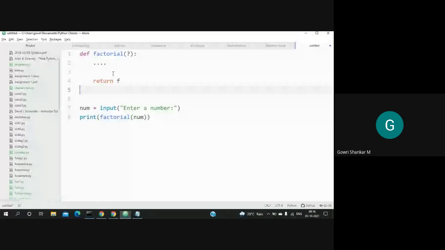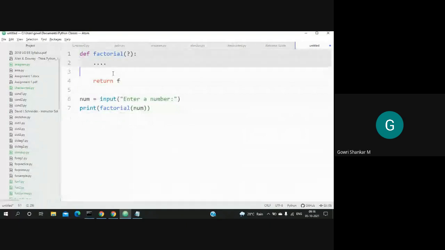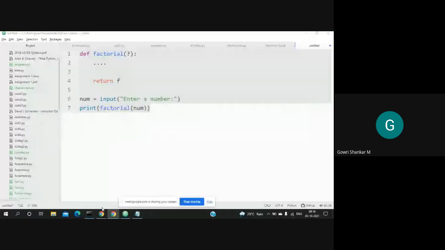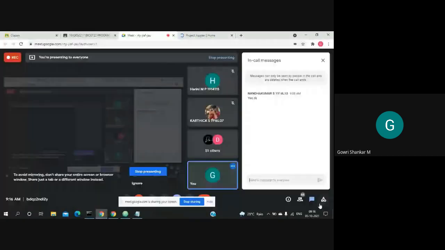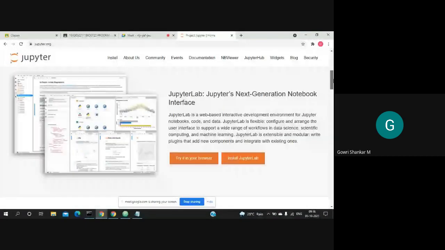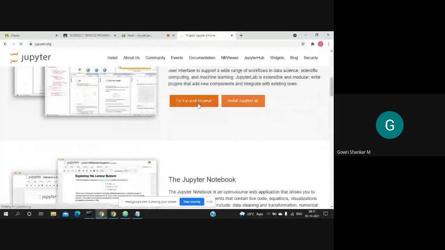So this is our objective. We have to try to write this function. Here you can either install it or try it in your browser. Okay, that's it.